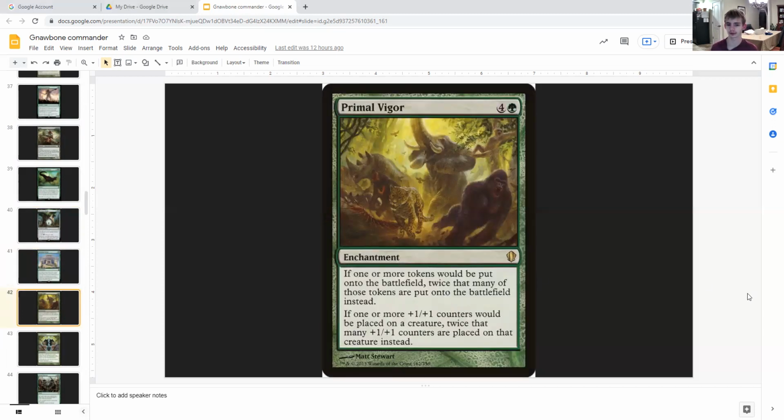Primal Vigor. 4 generic and a green enchantment. If 1 or more tokens would be put onto the battlefield, so keep in mind this is on any side, twice as many of those tokens are put onto the battlefield instead, but it's probably going to be benefiting us the most. If 1 or more plus counters would be placed on a creature, twice as many plus counters are placed on that creature instead. So I know this benefits all sides of the board, but even though it's a group hug, it may not matter due to the fact that we're going to be using it to create a lot of treasures and double the number of plus counters